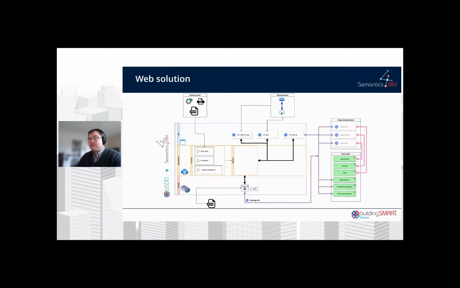This is the same thing, but another view. It is a schema of what I explained just before. We have here the level and the existing BSDD, with the existing API and the possibility to export some JSON. Here it is the functionality of the Semantics4BIM tool, with here the platform and here the APIs.